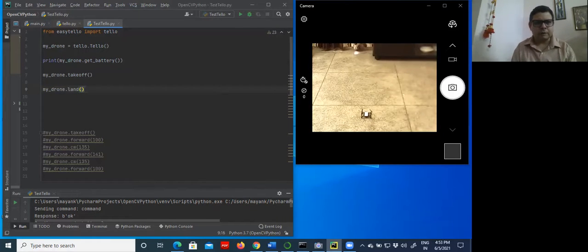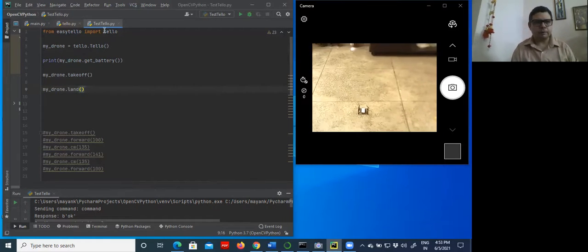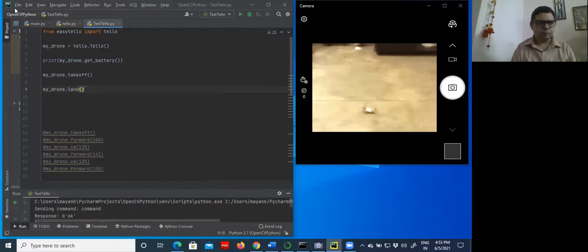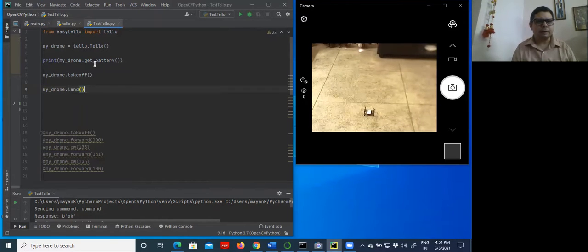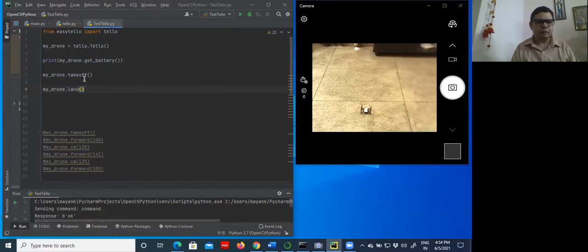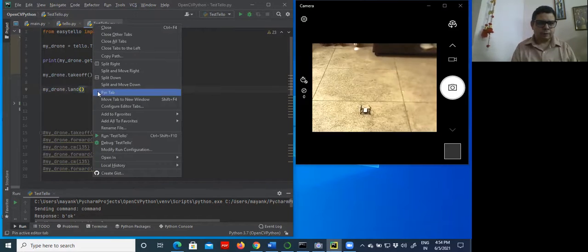See what the effect of this command is. Save the file. It will show the battery status, then it will take off and then land. This will be the complete cycle.